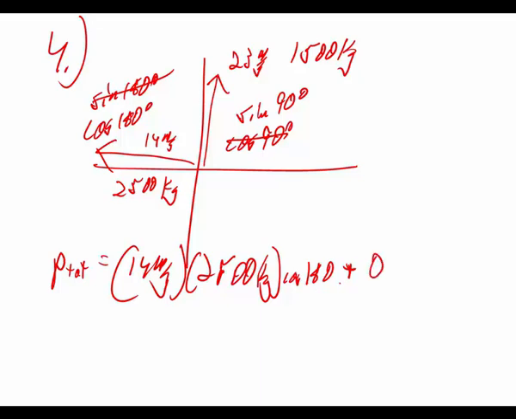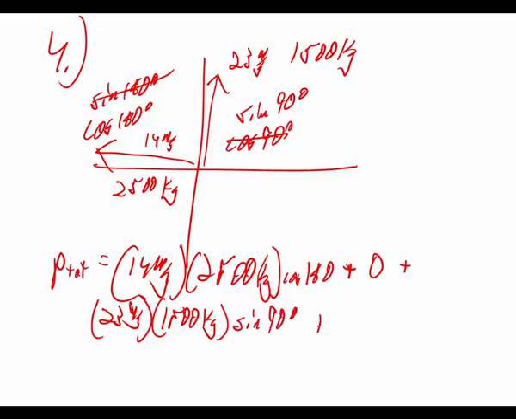Plus 0, because sine of 180 is 0, plus 23 meters per second times 1,500 kilograms, sine of 90 plus 0. And you should get a P total of